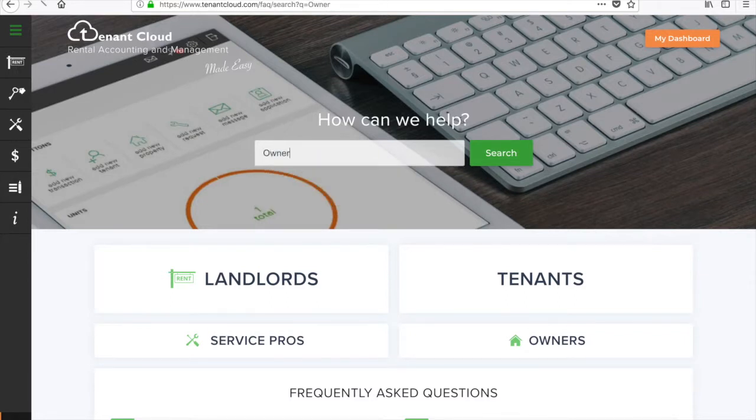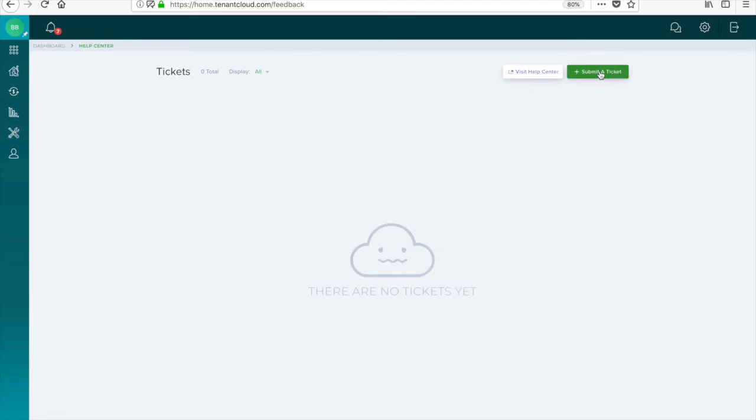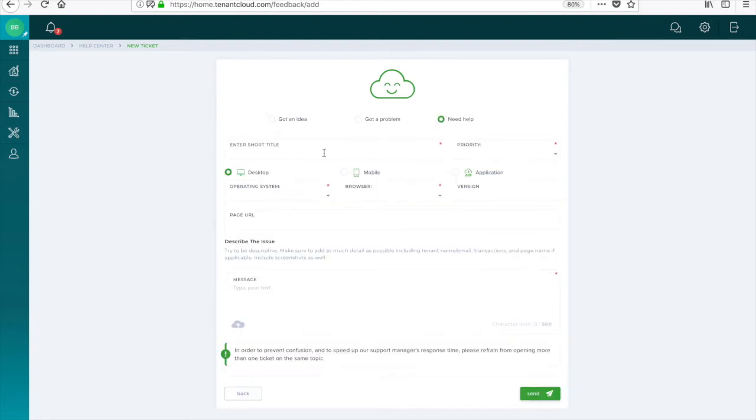If you need to submit a service ticket for a question you weren't able to find an answer to, go back to your Yuzu window and click the green Submit a Ticket button. Fill out the required information and be as detailed as you can in the description section so one of our customer representatives can best assist you.